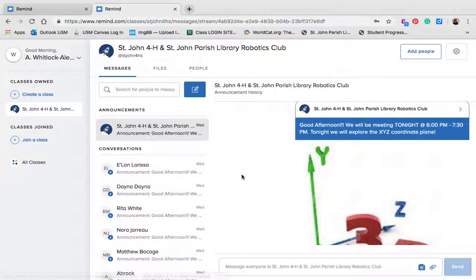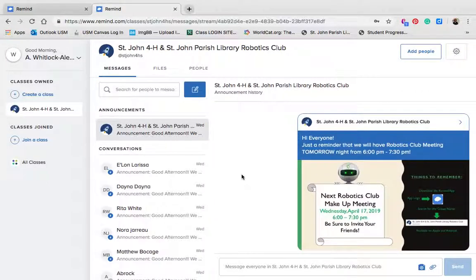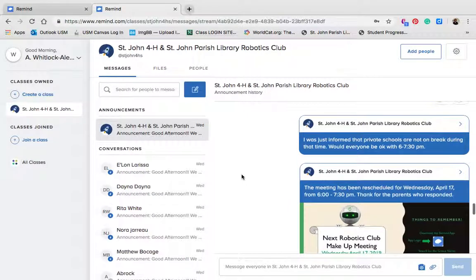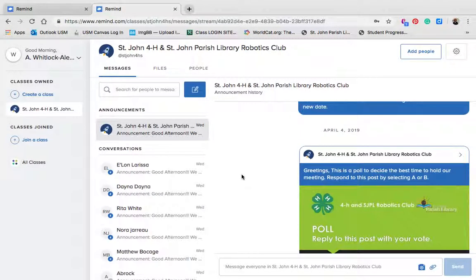So I want to show you some of my other messages I send out. These are some of my messages that I've sent out over the past couple of months, reminders of meetings. I did a poll because some of the kids who are in public school were out for spring break. So I considered moving the meeting time up during the day because the kids were out of school. But I was informed by one of my private school parents that they were not on spring break at the